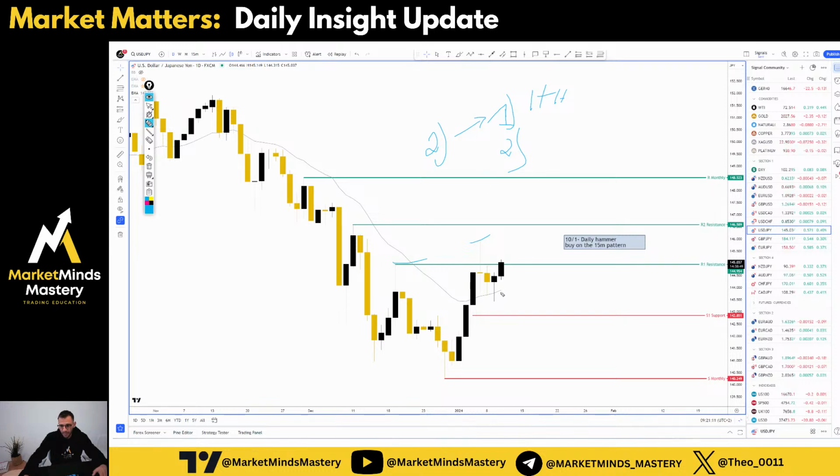Second, the price traded and rejected the 20 period moving average, so it's above the 20 MA. The third one,